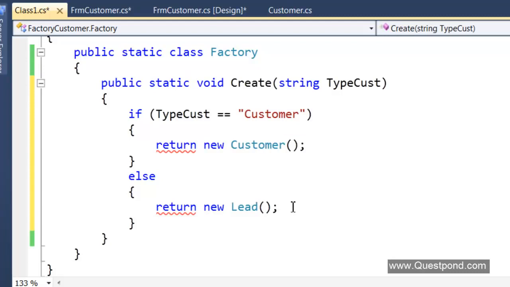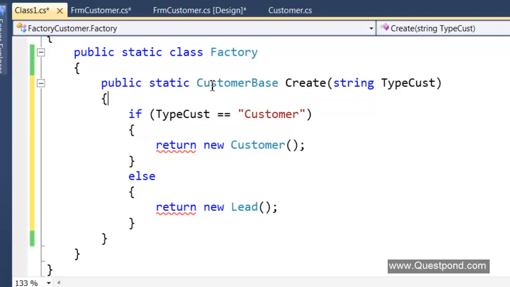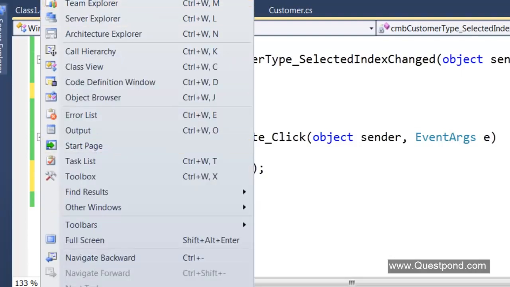So it is aware of all the strong type objects. So in other words, tomorrow if you add a new type, you will just go and add one more if condition here. But when it returns this strong type, it will always return it as the parent base class. Polymorphism. Remember, the base of decoupling is polymorphism. So you can see now, tomorrow if I go and add a new type, it will always return only the customer base. So my UI now can become something like this.